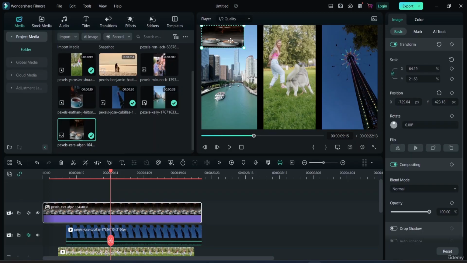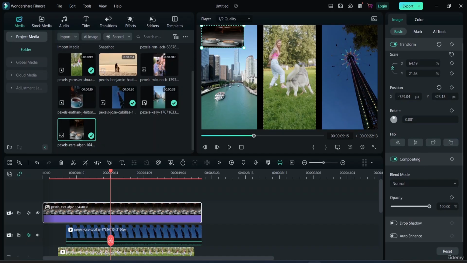So I'll be showing you guys all these things in detail. I'll tell you guys what all you can do using the control panel here as well. Okay,